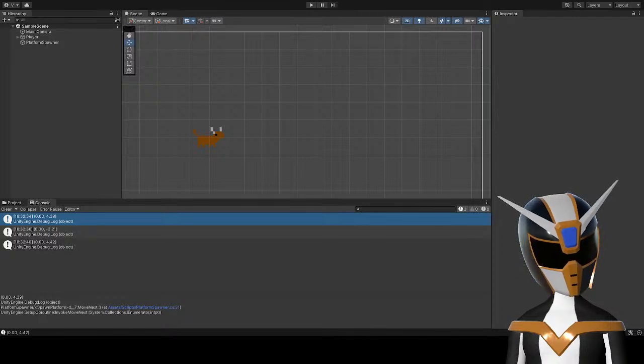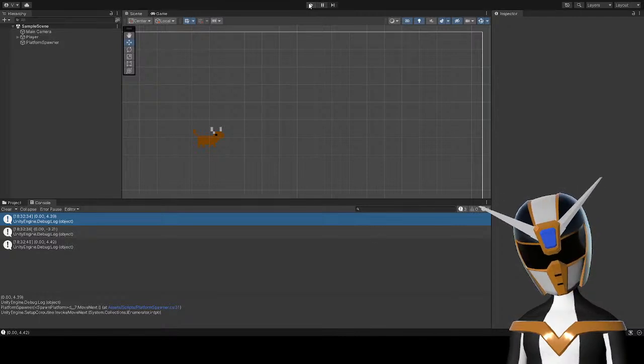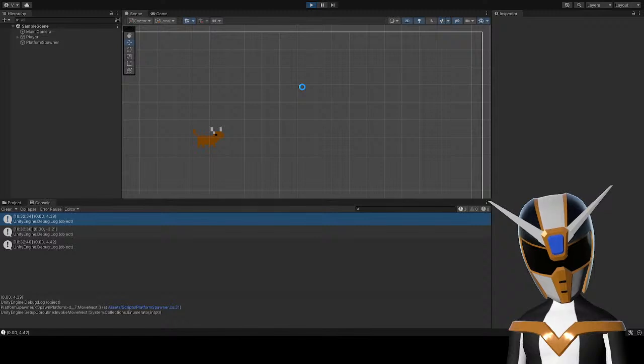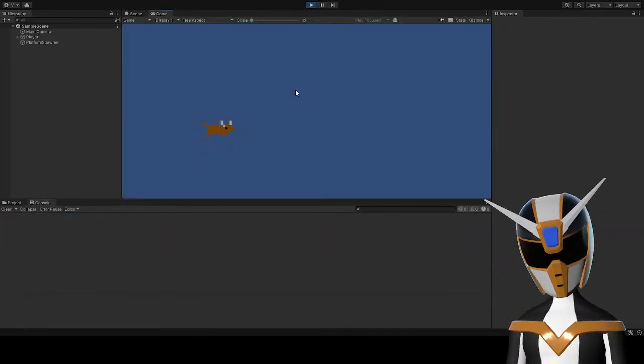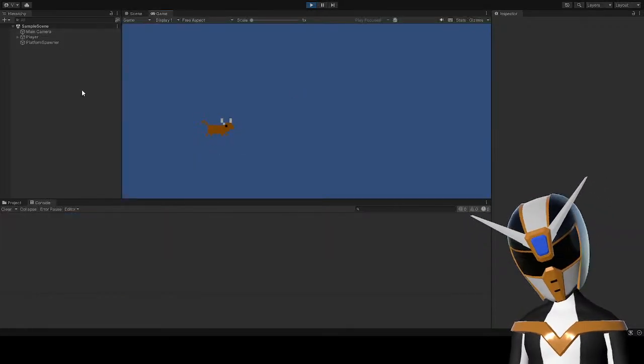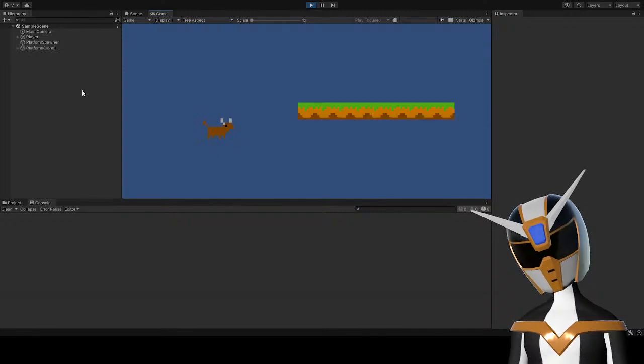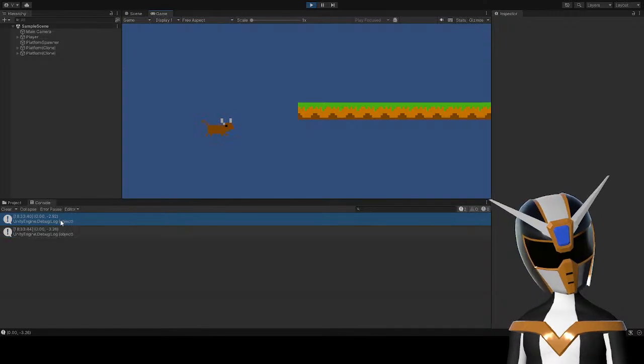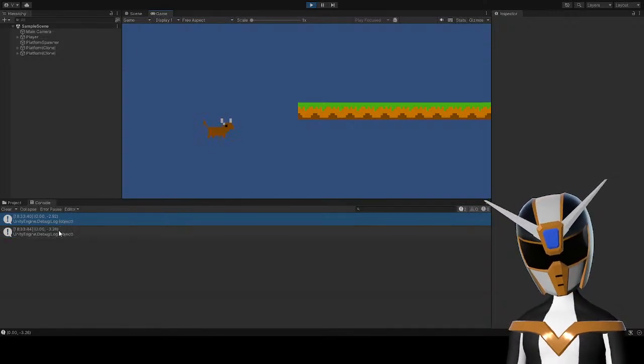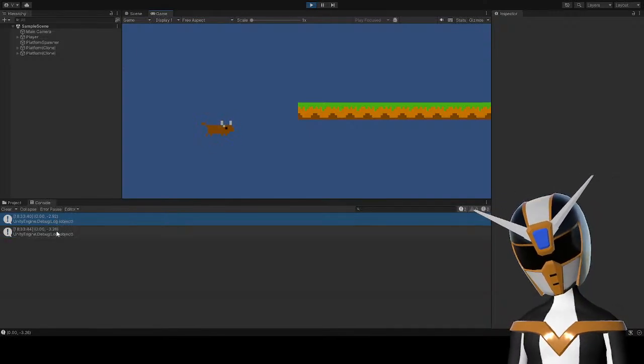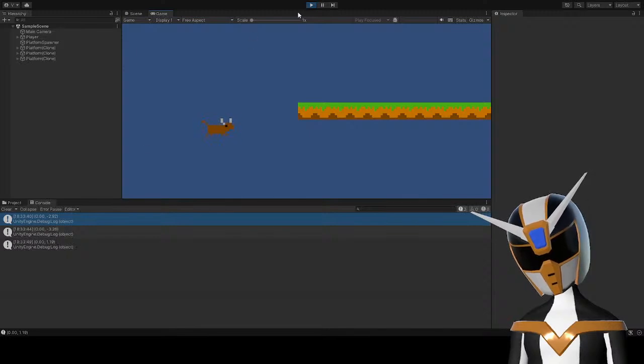Oh my god. I don't understand. Why are they all spawning in the same place? It says different numbers.